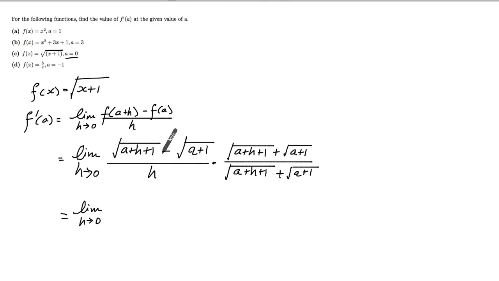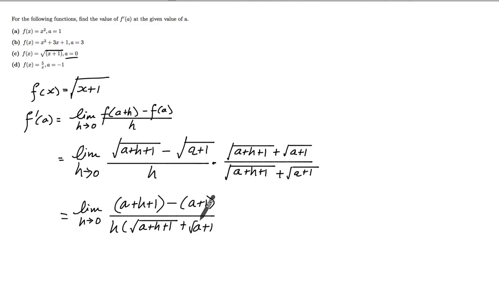So multiplying an expression by its conjugate pair will give us a plus h plus 1, in brackets, minus a plus 1, divided by h times all of the conjugate pair. So a whole bunch of things are going to start canceling out here. A minus a, 1 minus 1. In the numerator we're left with just h alone, and h will divide by the h in the denominator. So the expression that we're left with should be